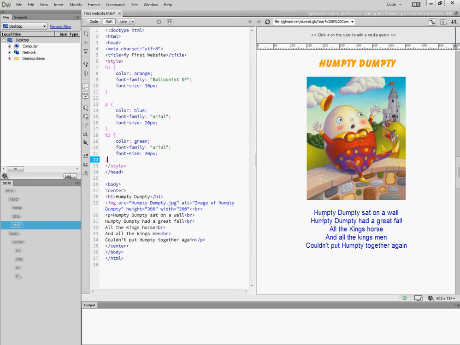Arial, and I'm going to leave the size as 30. So what I want to do is make the first letter of each line bigger and a different colour, so it stands out. So I've now defined T2 as being green, Arial and 30, and I want it to affect just the first letter of each line. So if I go down here,